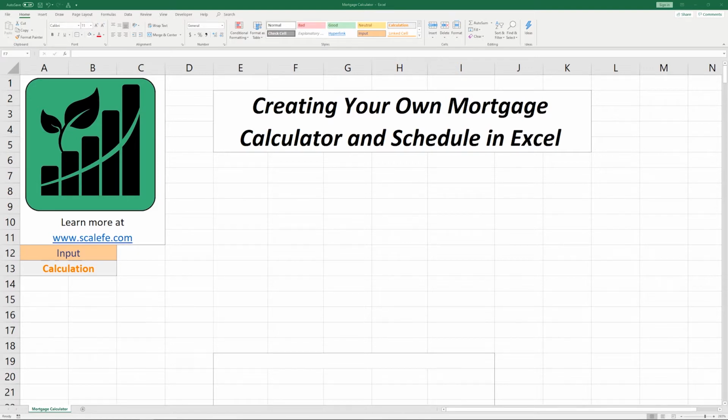Couple things to remember about this. It's always great to understand how a mortgage calculation works. That's why I advocate using Microsoft Excel to understand the key inputs for, in this case, the mortgage calculation. If you also do it in Excel or Google Sheets, it's easier for you to perform a sensitivity analysis where you can change your inputs and see how your mortgage payment might change under different conditions, like if you had a different interest rate, or if you put up a different down payment, or had a different home value. And lastly, it's really important to have this available within Excel or Google Sheets so you can use it for